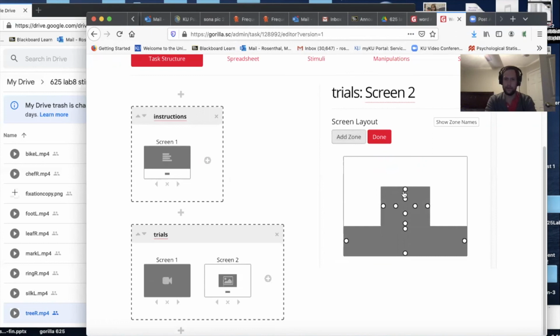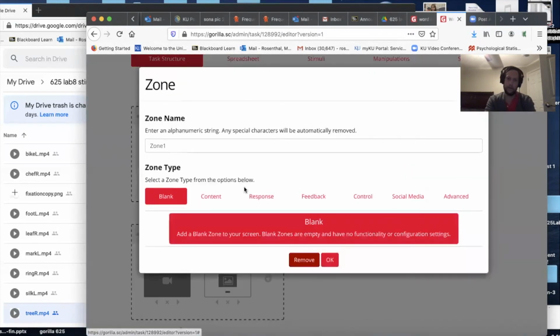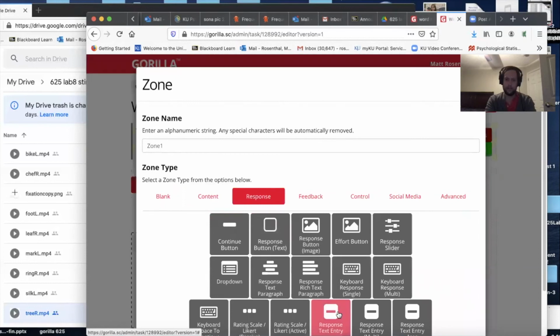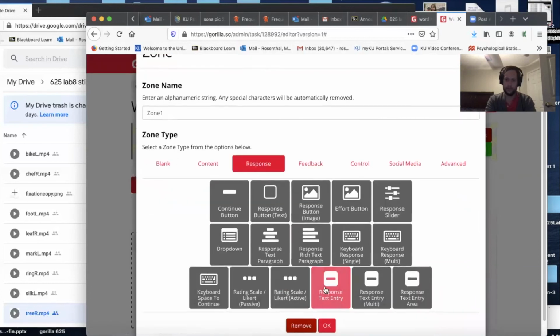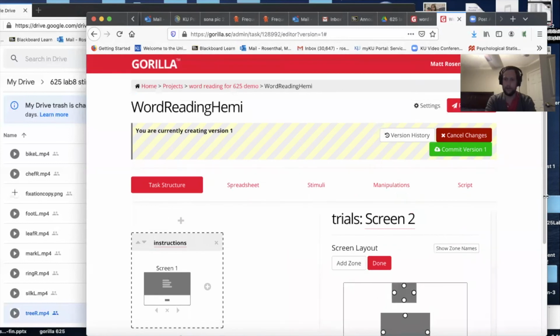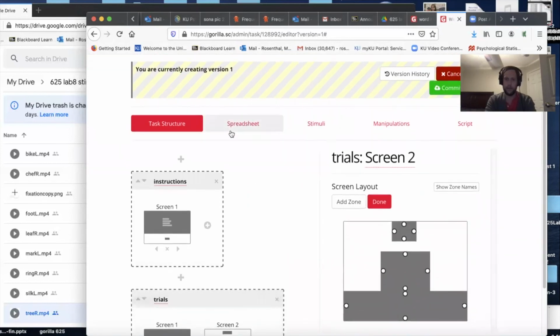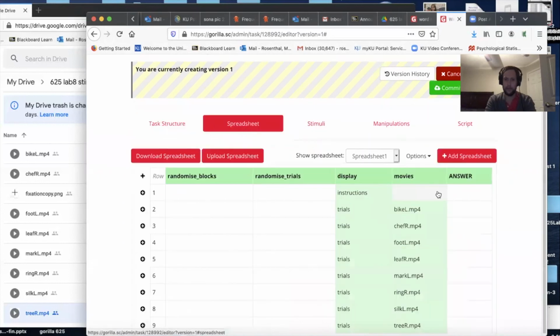So add a zone. They always pop up in the middle, so take a look there. Then we'll have to double click on this, and this is going to be a type of response. And it is a response text entry. This is where the participant can type in the words. Now it's going to appear there. Should be good now. When you click a response thing, it automatically adds